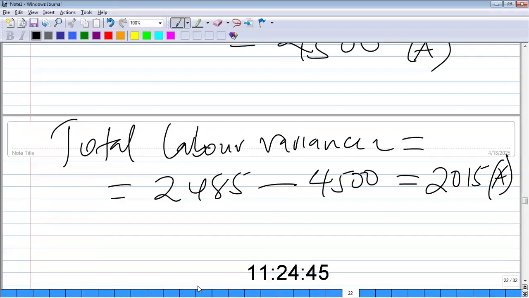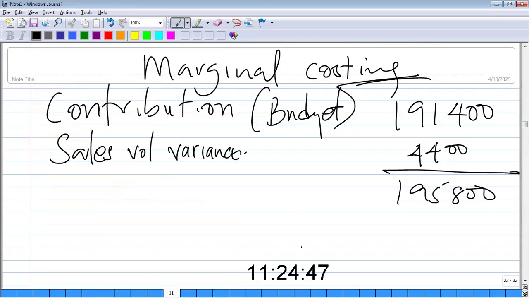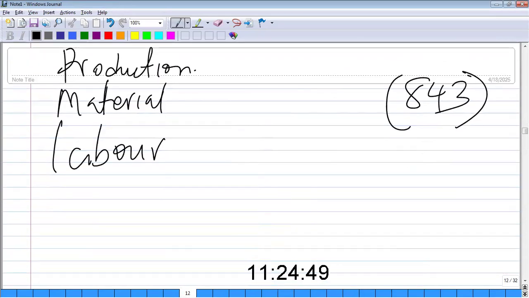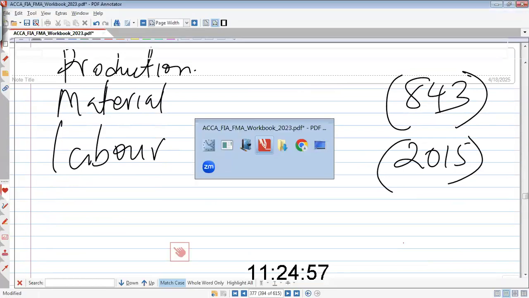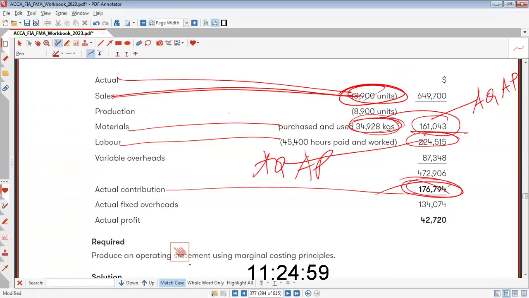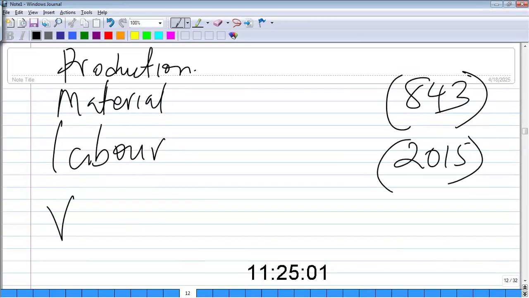Where are we? 2015 adverse. Okay, so what is the other item? The next item, variable overheads. So for variable overheads,